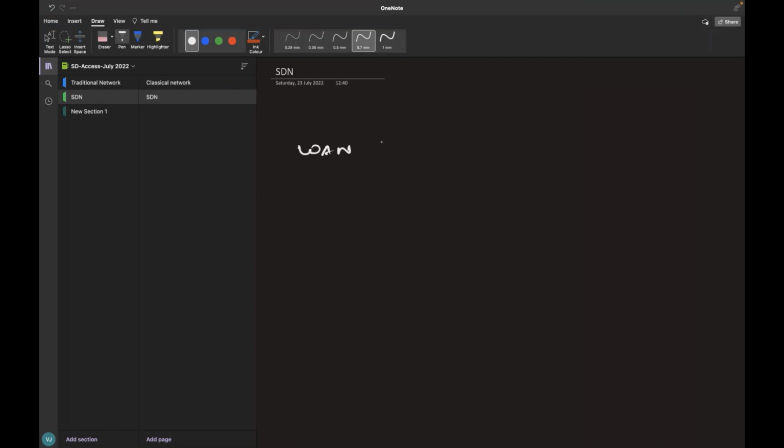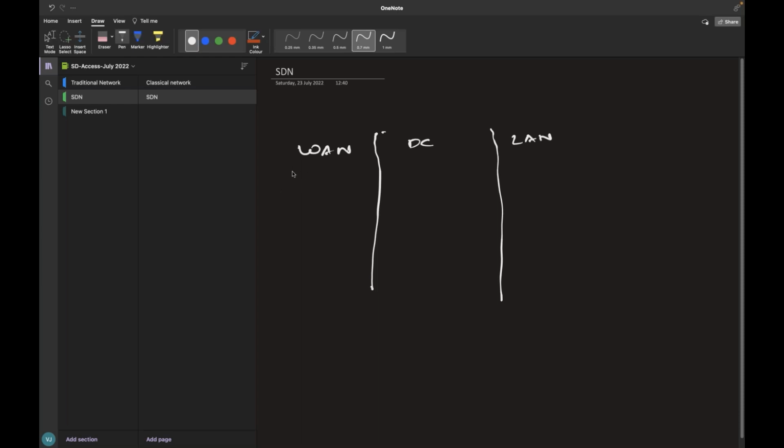As one architecture, because we are just trying to understand where SD-Access fits in, in terms of different architectures. So let's say one of the technologies, or architectures, is WAN. Second is DC, which is data center, and the third one is LAN. So if I consider three different architectures, in WAN technology, in the SDN framework, we call it SD-WAN.